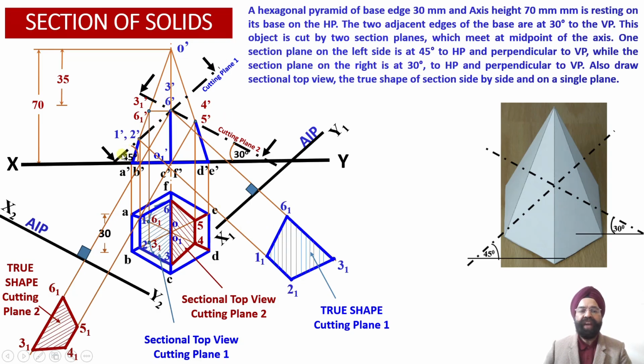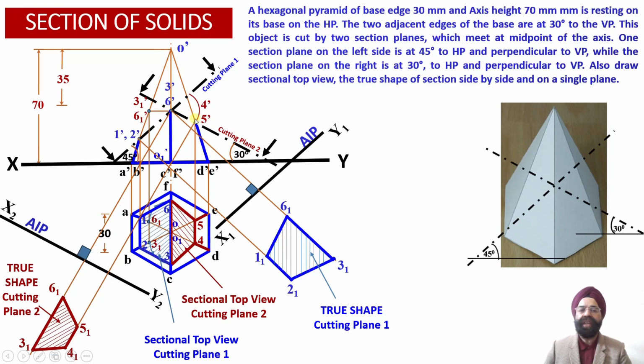Please check. We have already obtained the true shape of this cut section over here. So this portion of the cutting plane, if we rotate these projections corresponding to this cut section, what we can do is, with 3 dash 6 dash as the center point, open the compass equal to 3 dash 6 dash and 4 dash 5 dash over here. Once we draw this arc over here, forcibly we have transferred